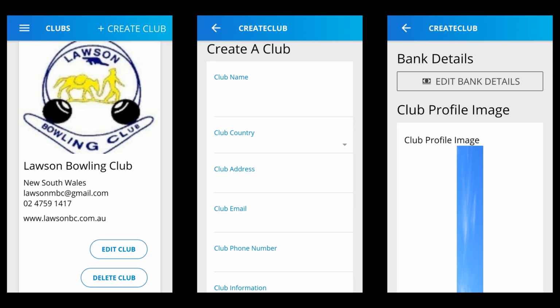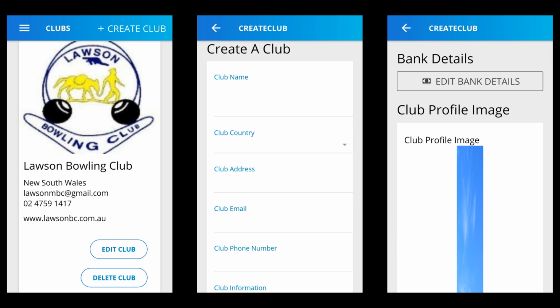We suggest the best sizing for your logo is, I think it was 500 pixels by 500 pixels. Look, nonetheless, it's something that you can put up and you can get back to later. You'll see that some of the logos that are on the app already, it was difficult trying to find a logo that fit, and it was just a matter of putting something up there so that they were displayed on the app. Once you've done that, you upload your